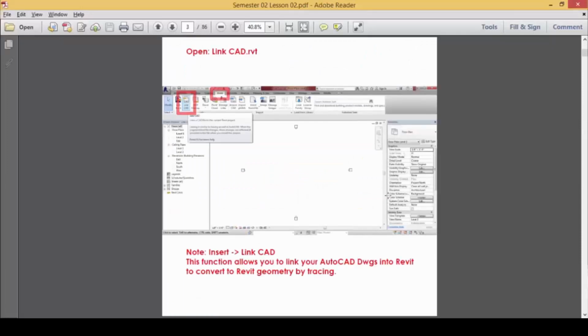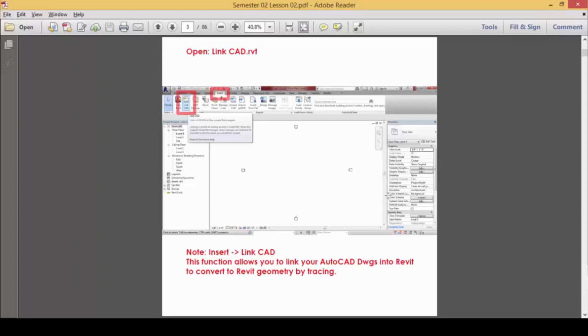Okay, many a times you cannot just start off using Revit totally clean. Many a times we either have to link our AutoCAD drawings, either our design proposals or the site drawings and so on from AutoCAD, and then we can convert it eventually into Revit geometry so that we can trace them over. So this is one of the ways from 2D to becoming 3D in that sense.